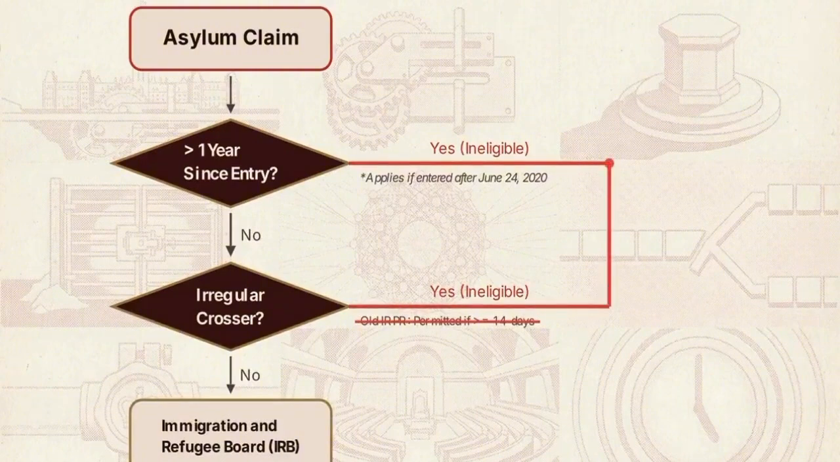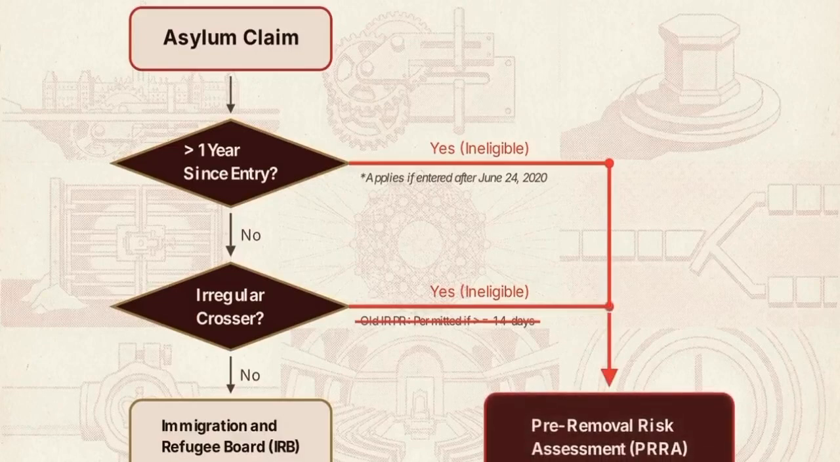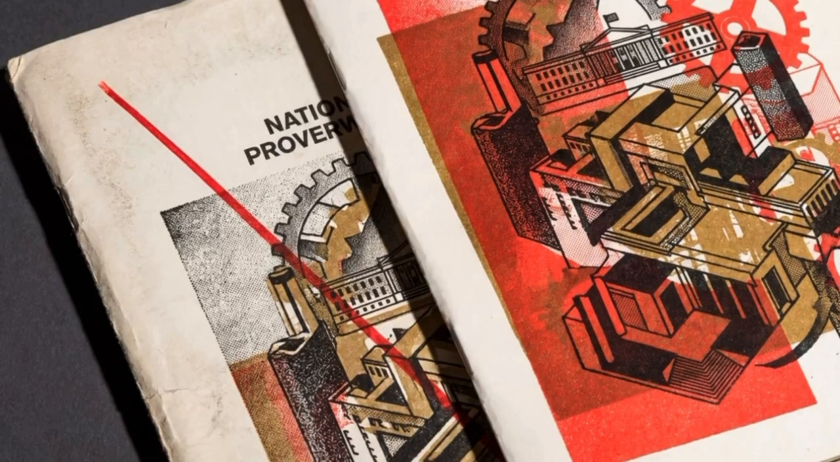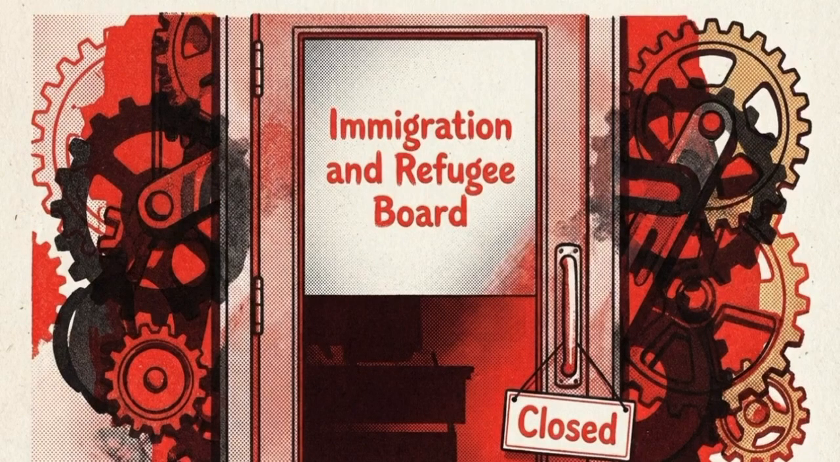Instead, ineligible claims route to a secondary mechanism, the Pre-Removal Risk Assessment, or PRRA, a formal evaluation determining if an individual faces persecution or risk to their life if deported. These new ineligibility gates apply retroactively. Any claim made on or after June 3, 2025, the date the precursor Bill C-2 was introduced, is subject to these rules. For the eligible claims that do reach the IRB, the board is now legally prevented from proceeding if